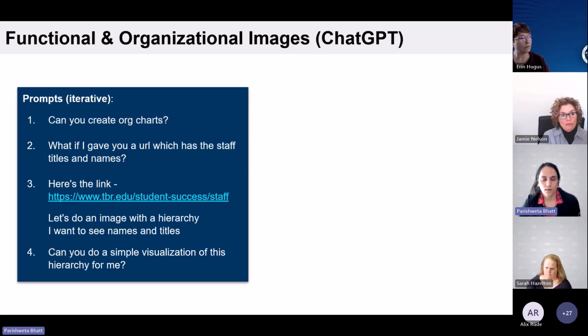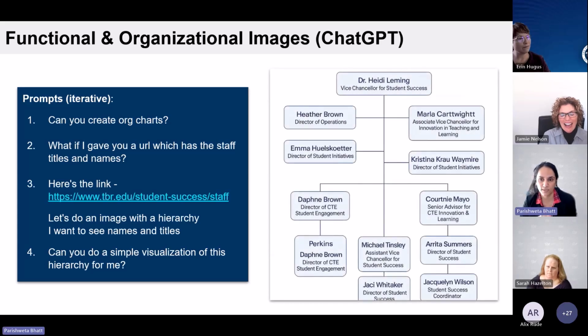And so what it did, the first time after my iteration number 3, it came back with a text hierarchy. And so I said, can you do a simple visualization of this hierarchy for me? And so it tried, bless its heart, ChatGPT tried to do a simple visualization of the hierarchy, right? And now in my mind, I'm thinking that it got a lot of things right. But as you can see,